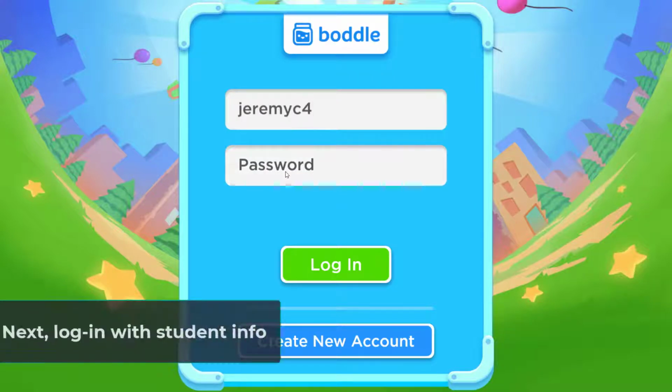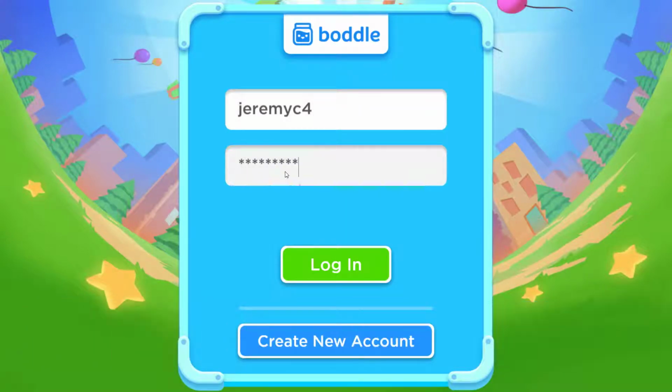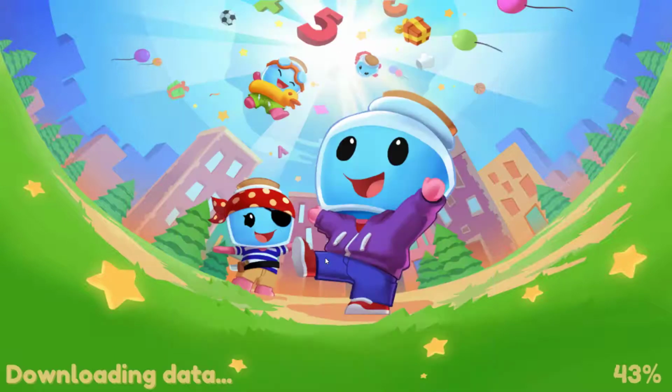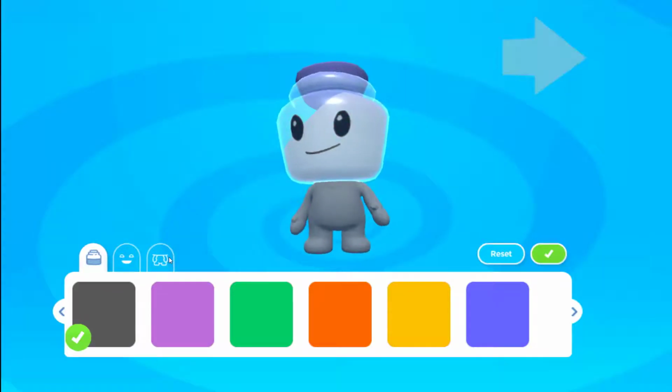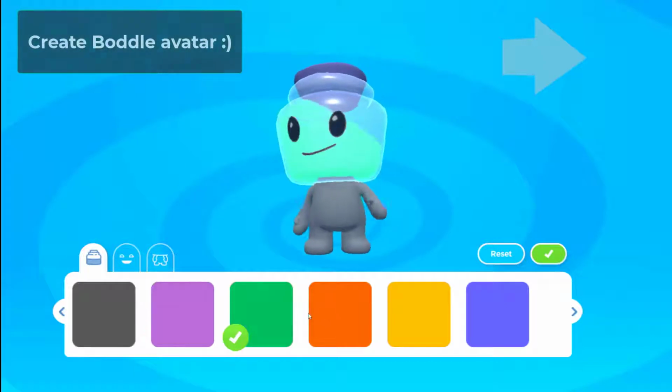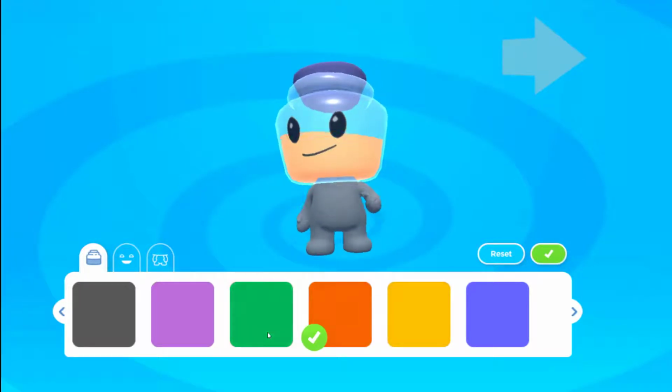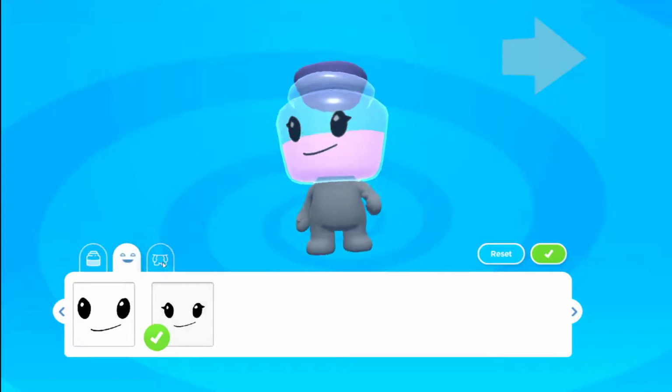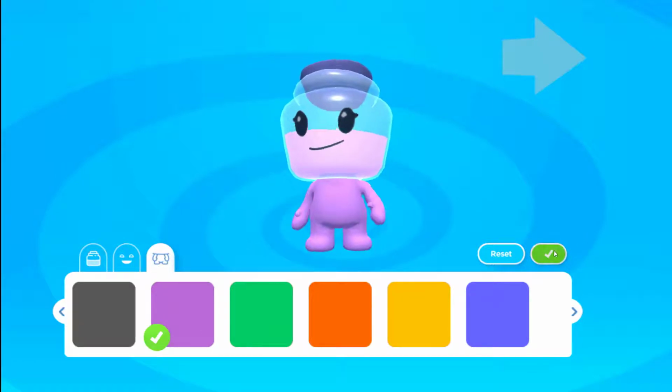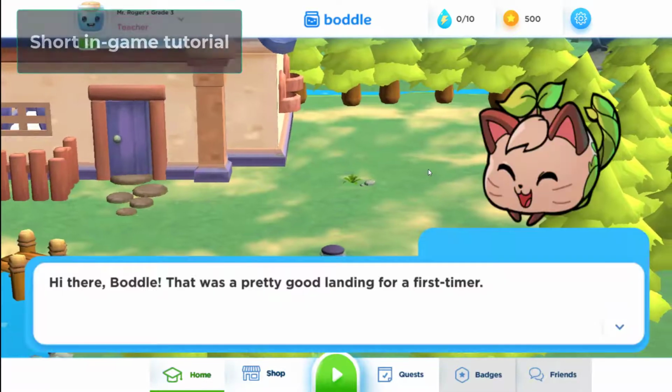Once a login screen pops up, students sign in with their username and password, and the game starts. Kids will need to first create their cute little Boddle characters. As soon as they've finalized their look, a short tutorial led by our Boddle male cat runs your kids through